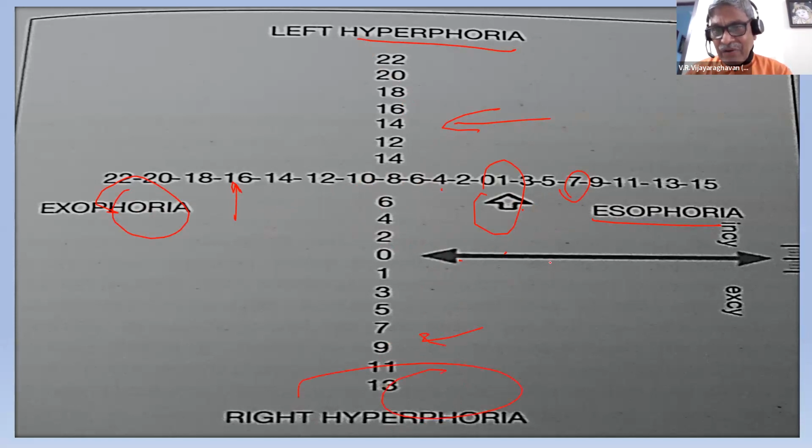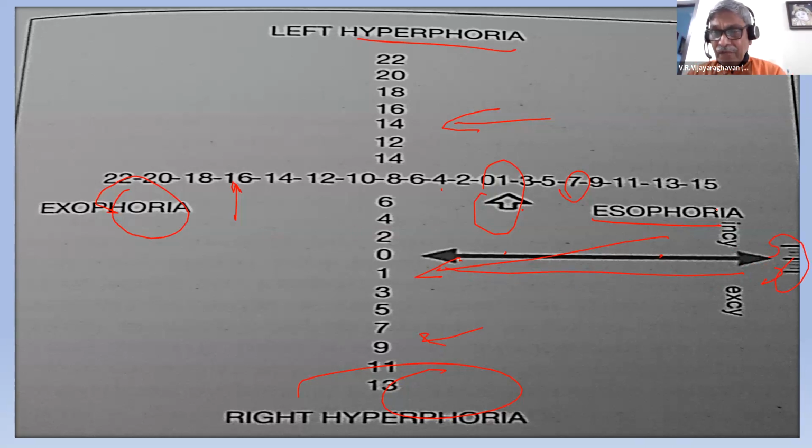Sometimes the arrow may not be horizontal. It may be shifted like this, slightly slanting. In that case, I will move the arrow and make it straight. Okay, horizontal. That means how many degrees I have moved shows the incyclophoria or excyclophoria, intorsion, extorsion problems. So incyclophorias, excyclophorias, these are all the numbers here. You can still see the thing here. How many degrees I moved, I know so many degrees of intorsion or extorsion problems are there, like that. So this is what